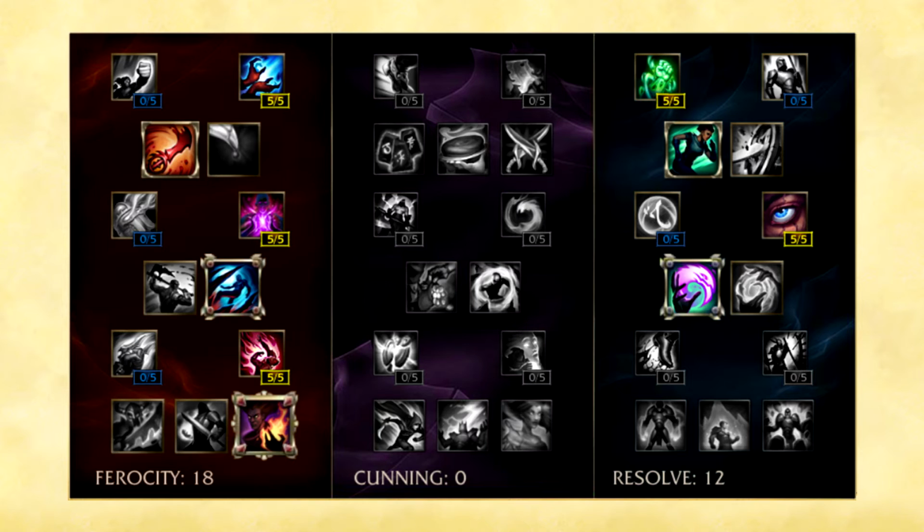The Masteries. I go for 18, 0, 12 on Amumu. In the Ferocity tree I take the increased spell damage because Amumu's damage is pretty much all spell damage. Then you simply take the little increase in damage from Dangerous Game. After that, you go down the right side and you take the Deathfire Touch. Going down the right side will offer you the biggest damage increase that you can get for Amumu out of